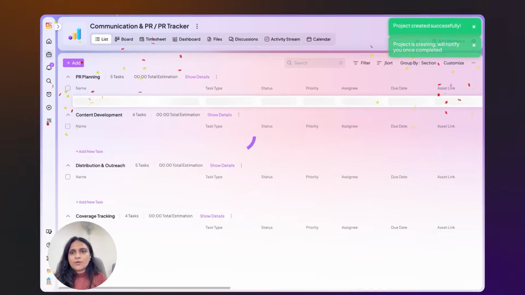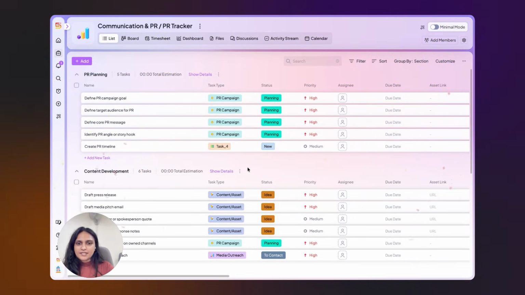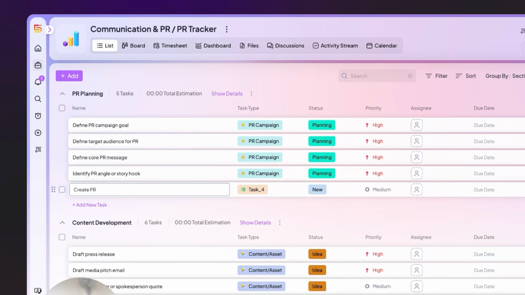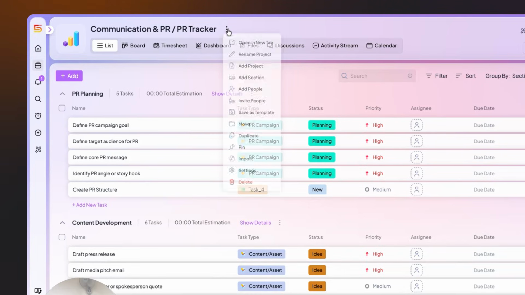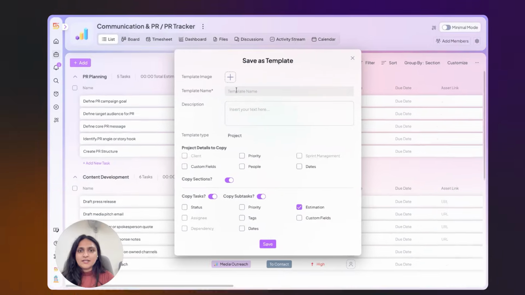Now, of course, once you see this, there might be a lot of things that you don't really want the same way as is mentioned here. You can always tweak it to what you want it to be. Let's say create PR structure. That's just a small change, but you can edit the entire template like this, and you can save it once more the way that you have done it.